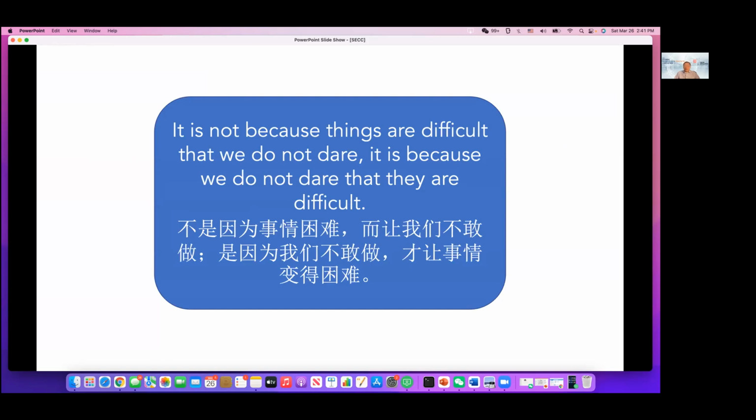Are these very hard to do? Well, definitely. I want to say, no, it is not hard. Look at here. It is not because things are difficult that we do not dare. It is because we do not dare that they are difficult. Yeah, this is really, really true, okay? Do it, you will be